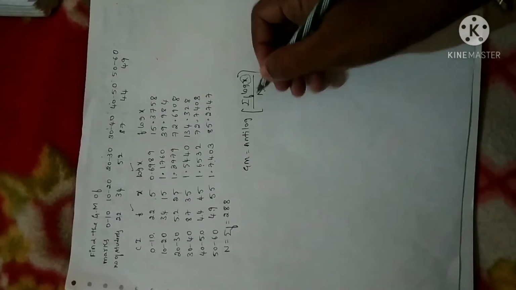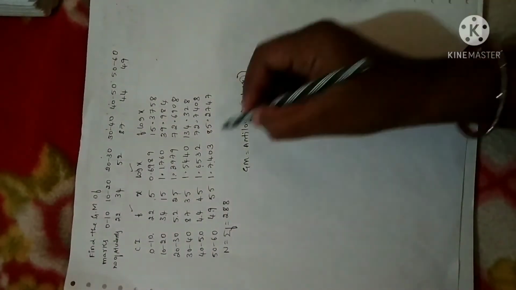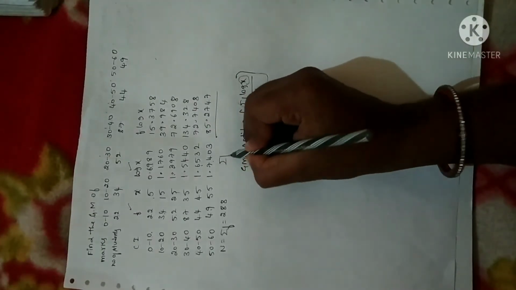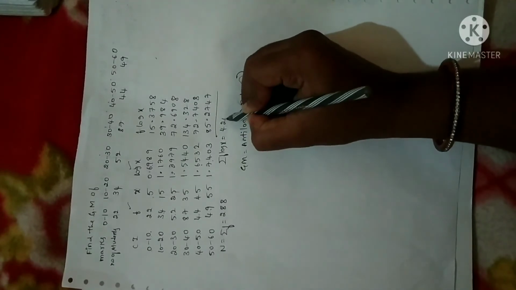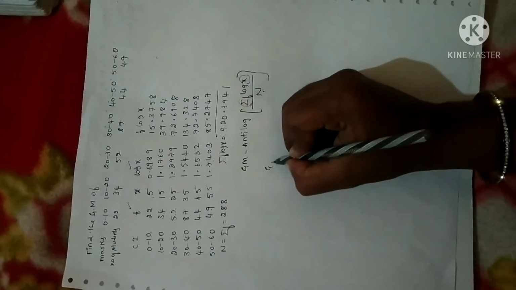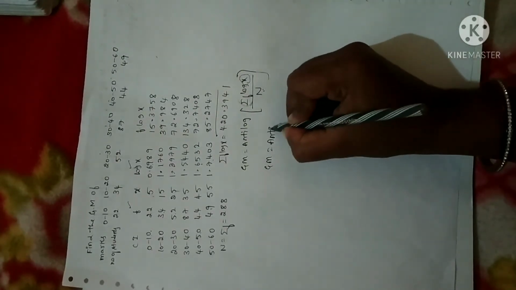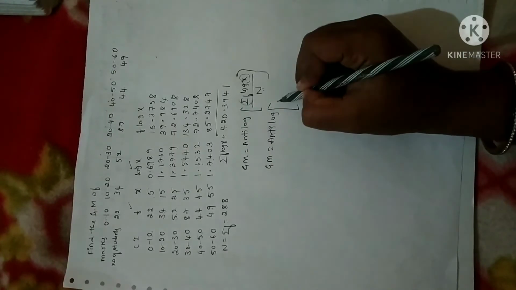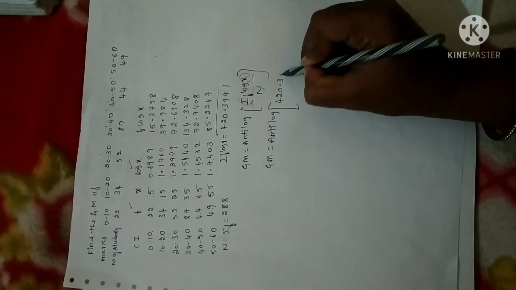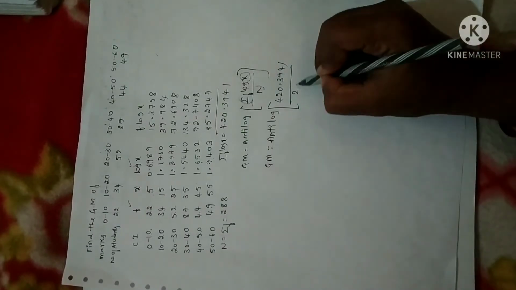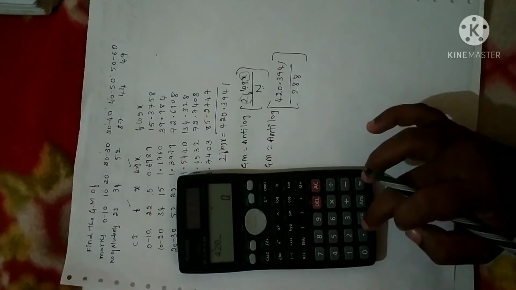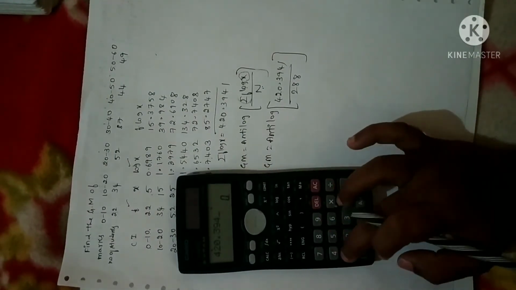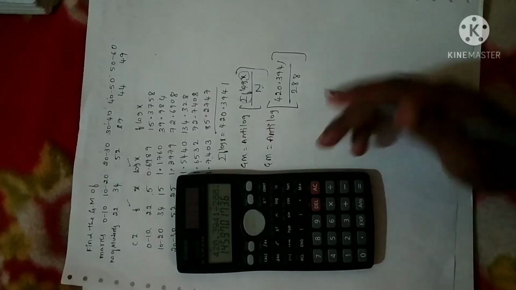Clear? Now what else I need is sigma, that is summation of f into log x. So I have to add all these values. Sigma f into log x, when you add all these values, you will get 420.3941. Clear? Now let me substitute. Geometric mean is equal to anti-logarithm of 420.3941 divided by N, which is 288. Fine. So when you divide 420.3941 by 288, that will give us